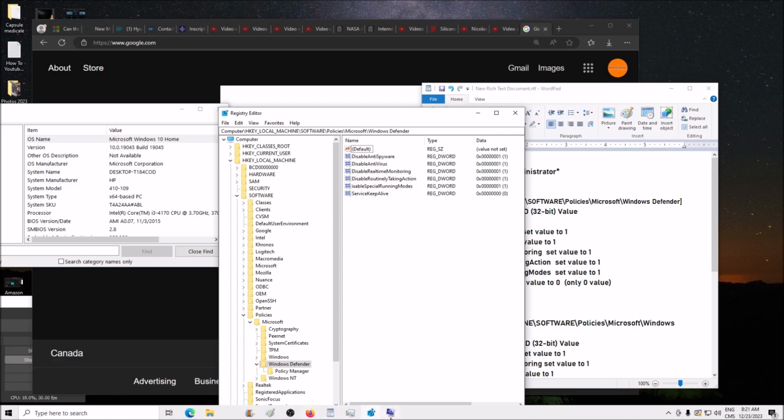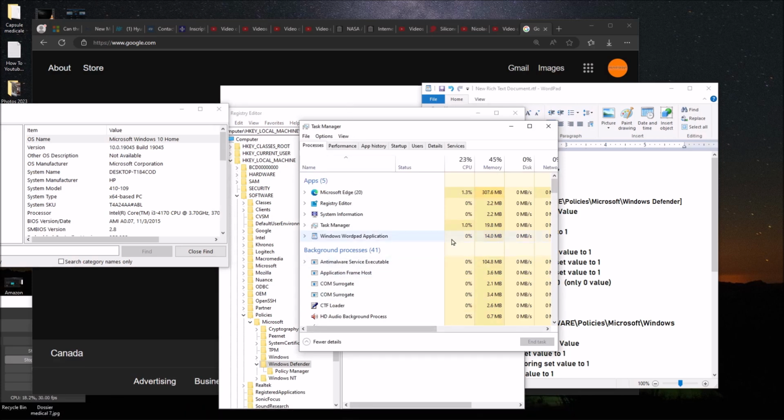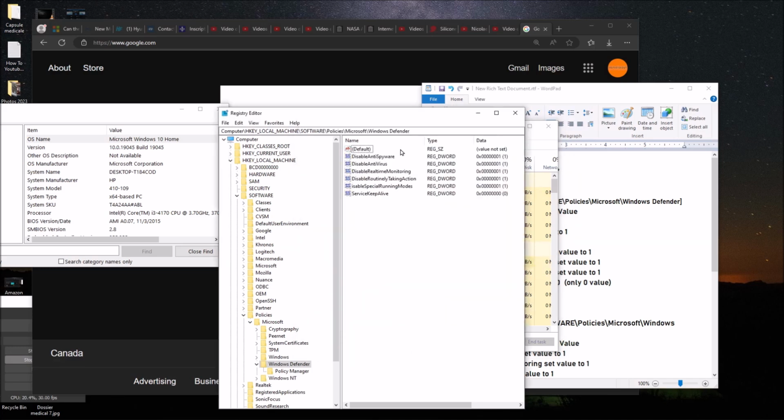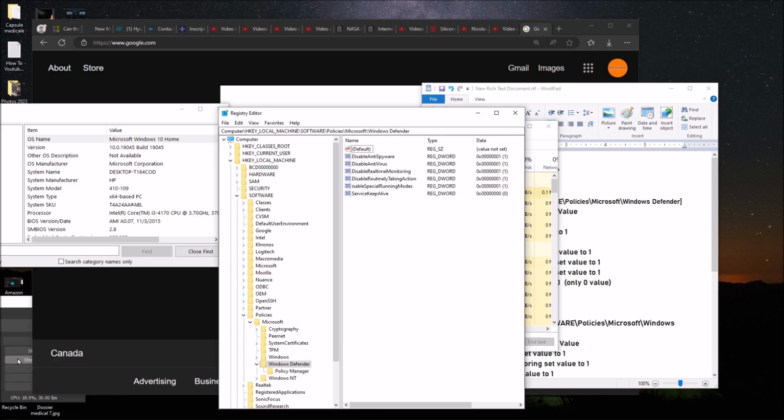Why? Because maybe you are going to go in the task manager, and maybe you'll see the value here going to 10 megabytes or so. It doesn't matter, you still need to reboot the computer for this to be really activated. So just go ahead and reboot the computer. Let me just stop the recording for a moment.